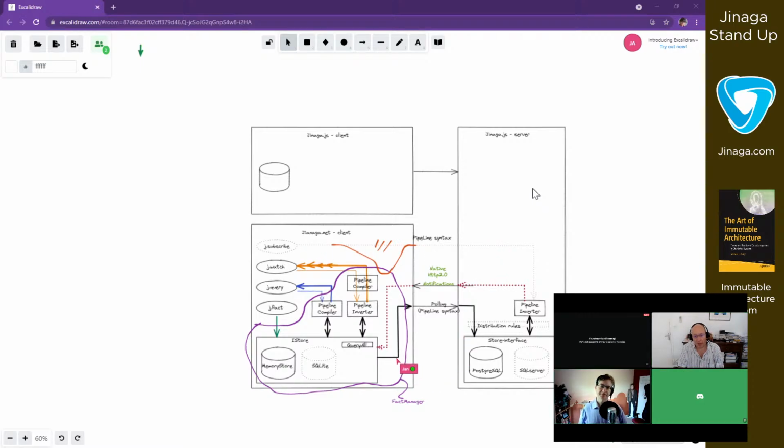Yeah, and the authority is the code that's deployed. If you think about this as the way that I'm currently doing it, all in one process, and you're loading Janaga as a library into that process, then that process also gives the library the authorization rules and the distribution rules to enforce.